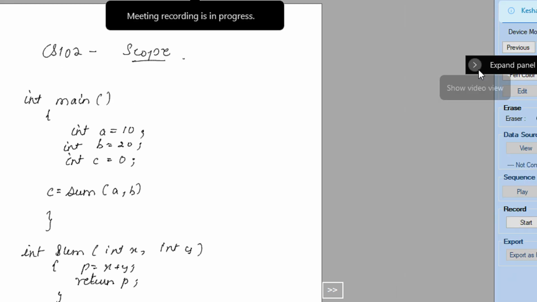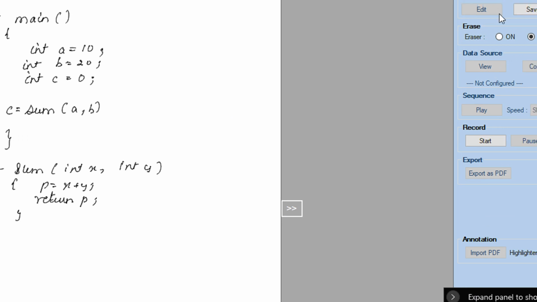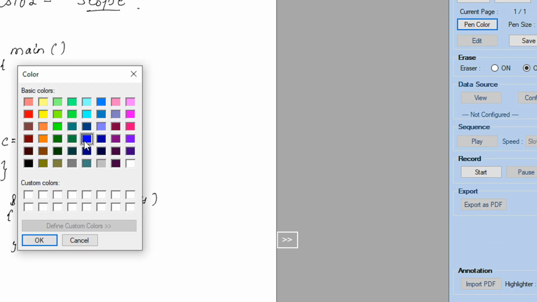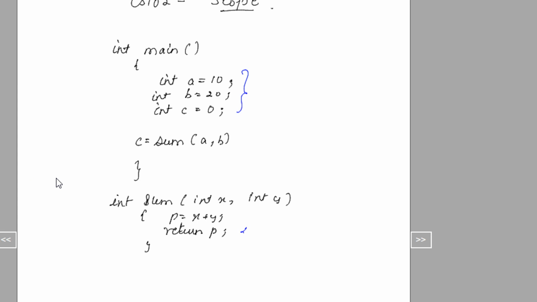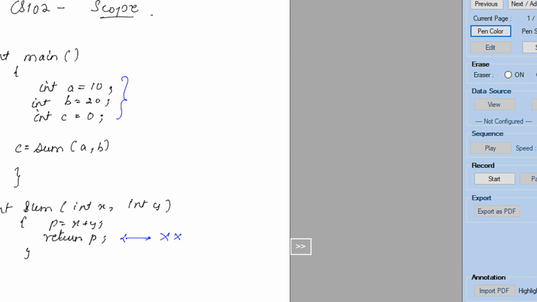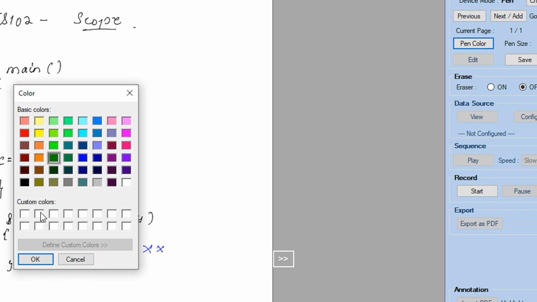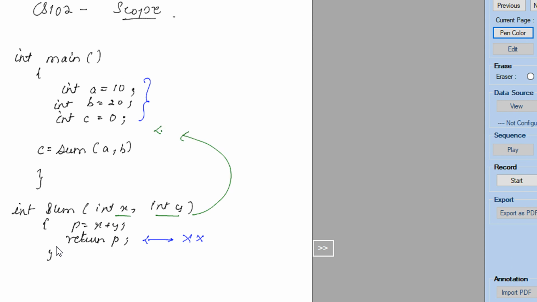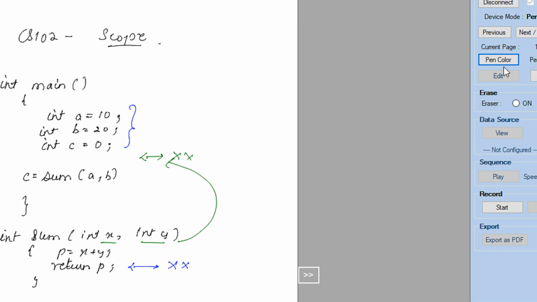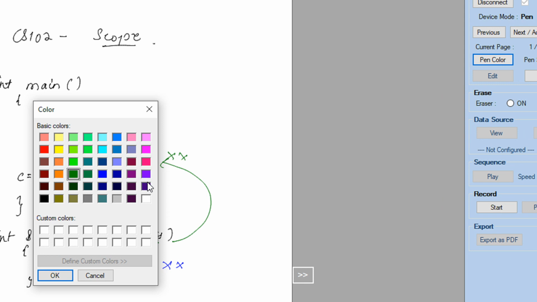So now what happens here? Let me change the pen color. You already saw that A, B, C, when I try to access it here, it is not allowing us. Similarly, X and Y, when I try to access here, it is not allowing, right? So now how do you remember what the scope of the variable is? A very easy way to do that is just to see,